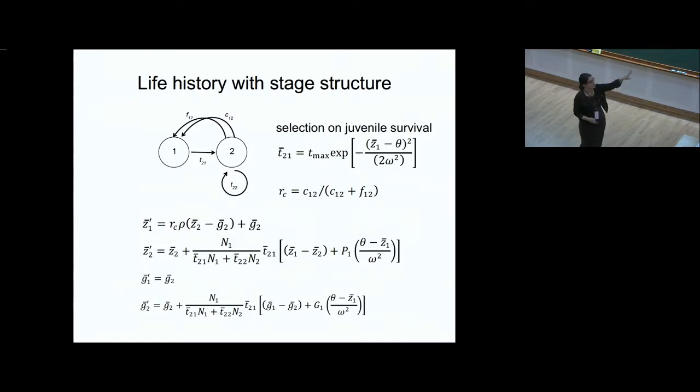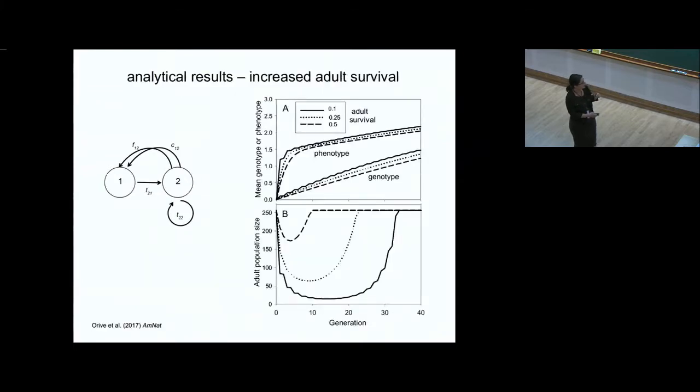If we do the same thing that we did with the other toy model and iterate it analytically, and look at the same thing, now we're looking at changing the amount of adult survival. We're basically asking, how much does stage structure change things? So here's a little bit of stage structure, a little bit of surviving and staying here. This is T22, of surviving and staying in this adult stage. Here's a little bit more and a little bit more.